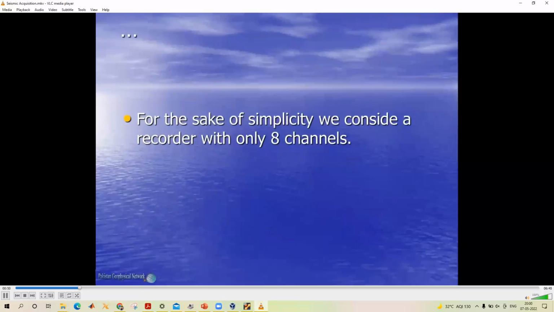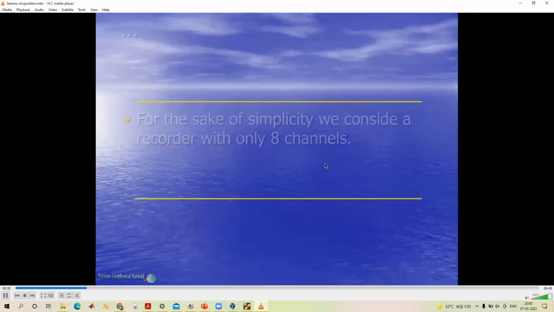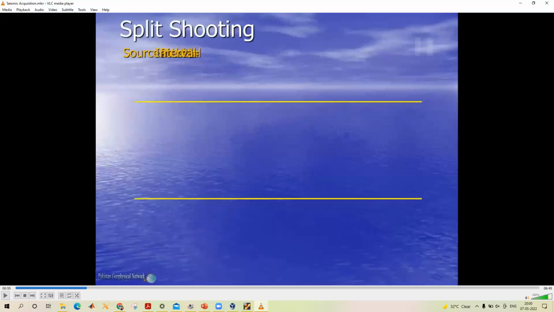See, we generally use an 8-channel geophone for oil and gas surveying, because the depth of penetration is not that great. Most of the oil and gas can be found between 4 to 5 kilometers of depth range from the surface for land, and for the marine environment it can be found between 800 meters to 1 or 2 kilometers of depth range. So that is why we use